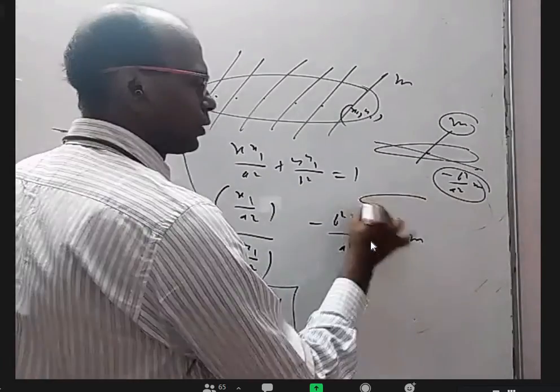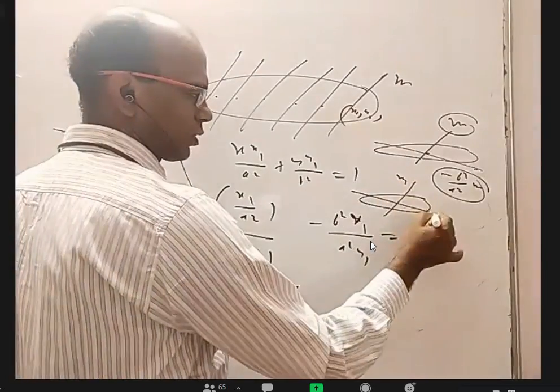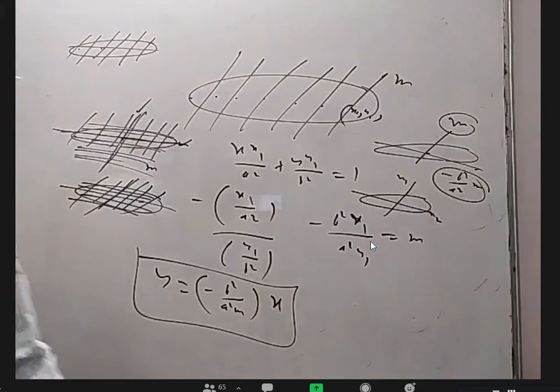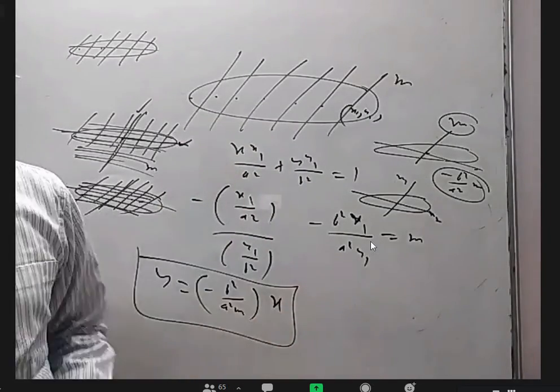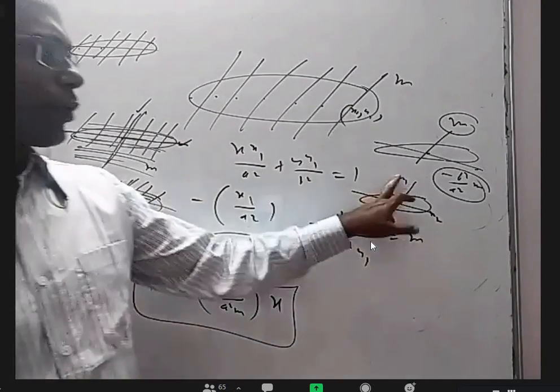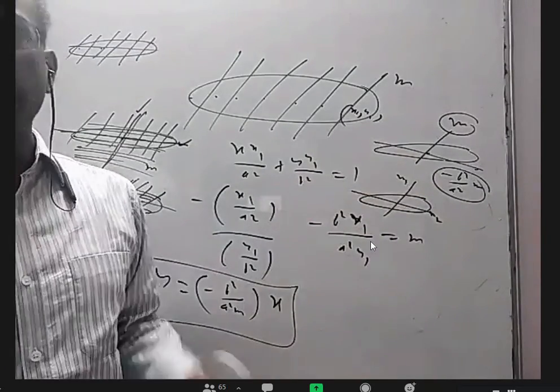So whenever two diameters are there like this, if this slope is m1 and this slope is m2, and they are conjugate diameters, meaning one diameter bisects the chords parallel to the other diameter, then the product of the slopes will be minus b square by a square in an ellipse. If it is in a hyperbola, plus b square by a square.